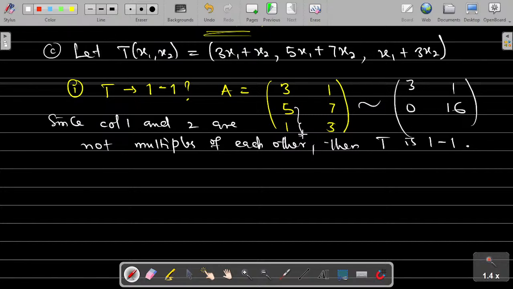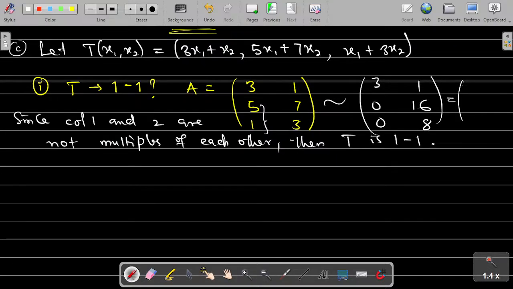So here we can also now reduce this, which will be 3 of this minus this. So 3 of this is 3, minus this will be 0. 3 of this is 9, minus this will be 8. Okay, so you can clearly see that whatever you have here, if you equate it, you will get a value for x2, and then from there you will get a value for x1. And if this is equated to 0, like that hint is saying, then you are going to get, of course,